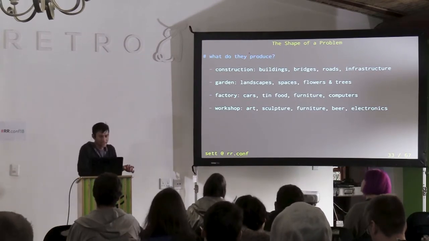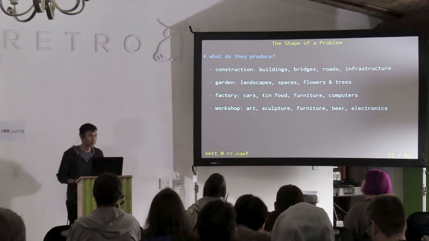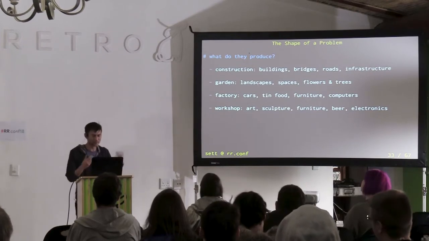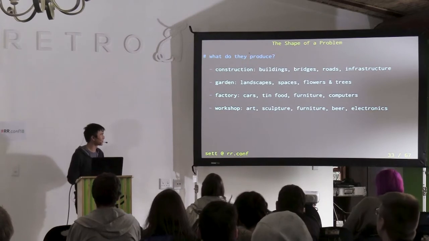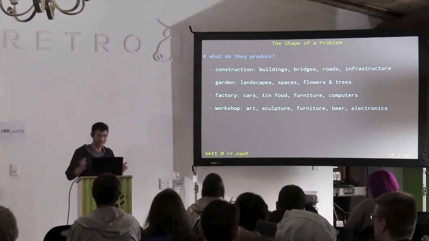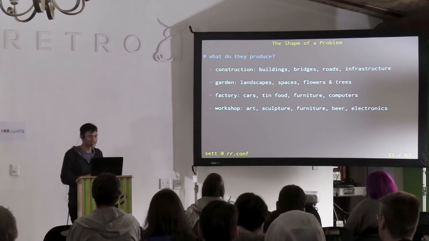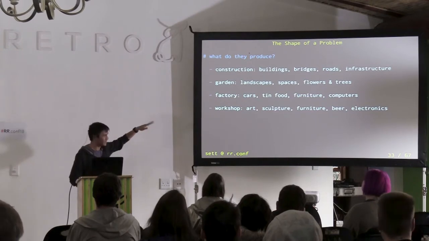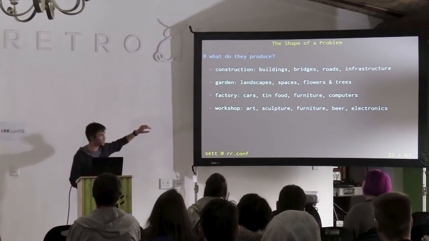So maybe we can look at the kind of things these different places produce. If you look at construction, it's very engineering-type things: buildings, bridges, roads, infrastructure. If you look at gardening, it's a lot more organic and free-flowing. Factories and workshops pretty much produce anything and everything. And between these four analogies, it's really about producing everything that humans produce, basically. If there's any amateur economists here, they'll pick that out very easily. But we want to find out what's common between all four, right?